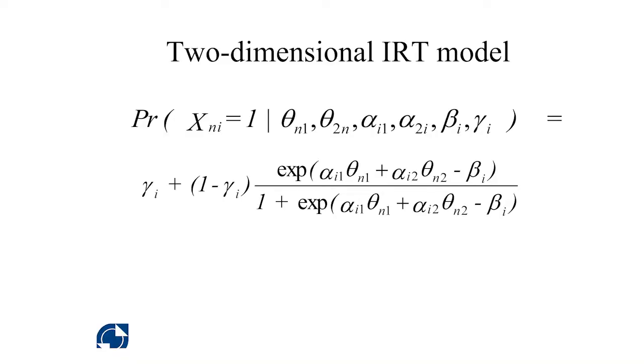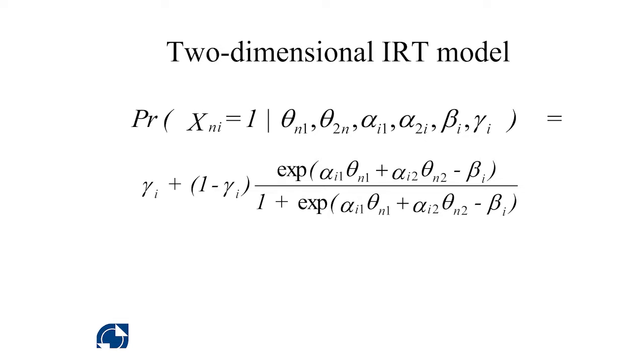Then you have to go to other models, like conjunctive models or disjunctive models. I won't consider them here because they are quite complicated. But also the data, of course, can tell you, does this model fit the data or does it not fit the data? This is, again, the formula for that.